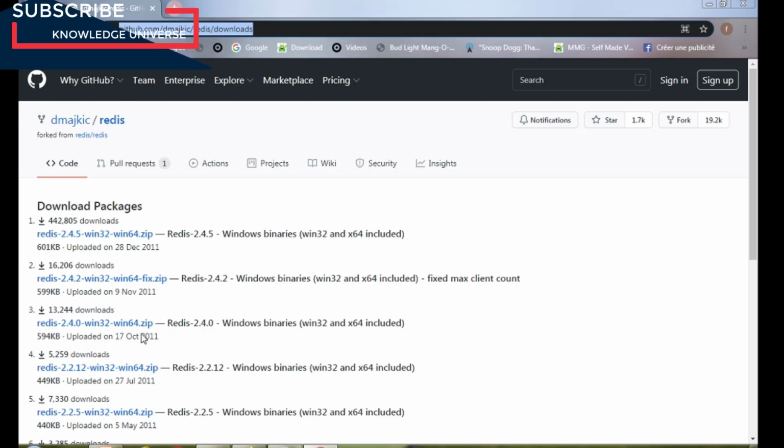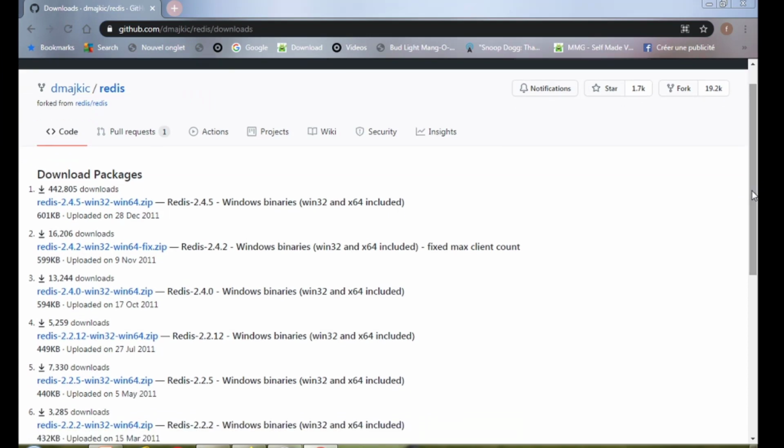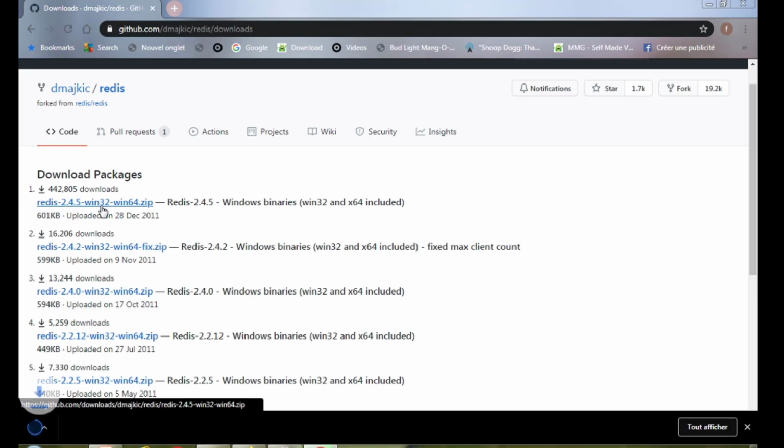There are many versions here. In this tutorial, for example, I try to download and install the latest version, Redis 2.4.5. So I click this link to download this package.